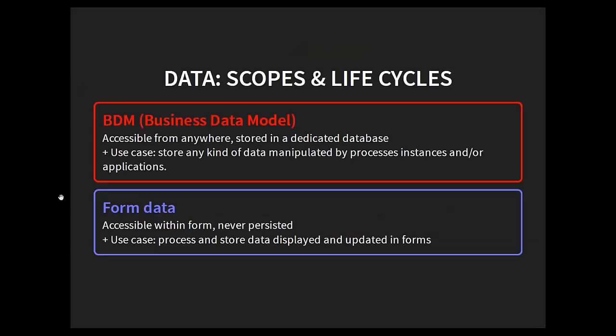Okay. So the next topic is about data. If you've done the first exercise, you have this beautiful process, with some transitions and tasks and so on. But as we were saying, at some point you need some information from the end user, or you need to perform things that are a bit dynamic. And sometimes you also need to have some context. This means information, and this information has to be stored somewhere to make sure that it persists in case, let's say, the server is shutting down, or that you need to make sure you have this data available further in the process. So you will have two types of data.